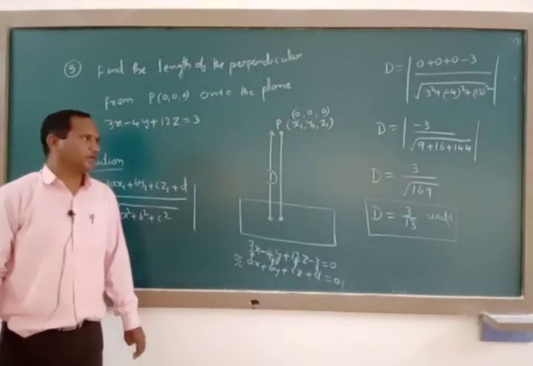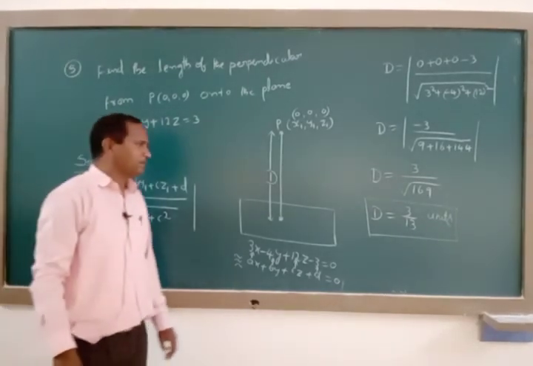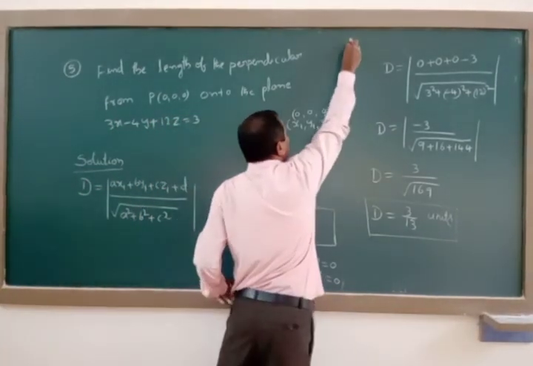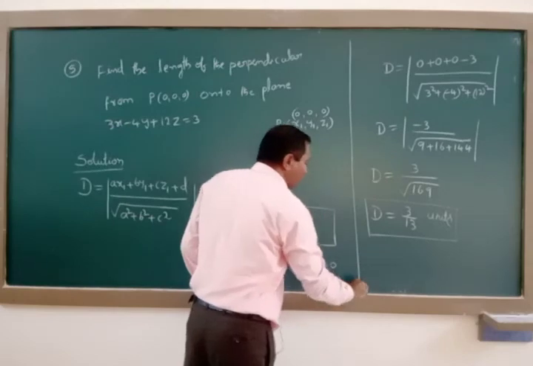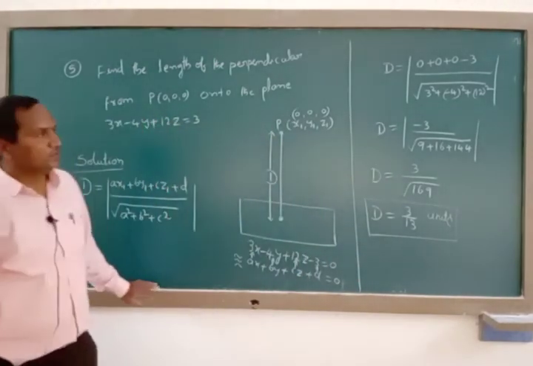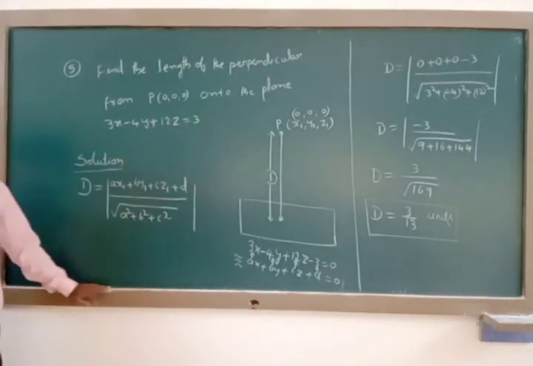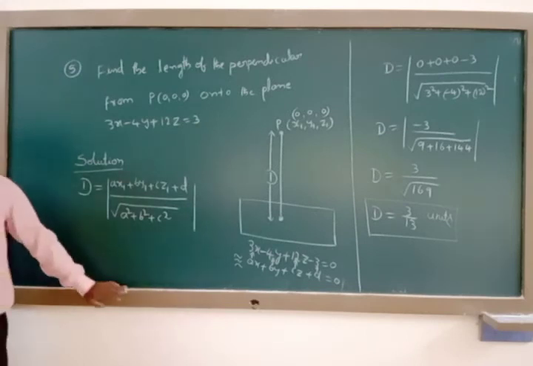Like that, we find the length of the perpendicular, or the perpendicular distance from a point onto the plane, or the distance of a point from the plane. Next question,